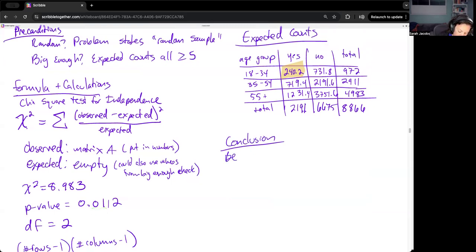So because our p-value of 0.0112 is very small, is less than a significance level